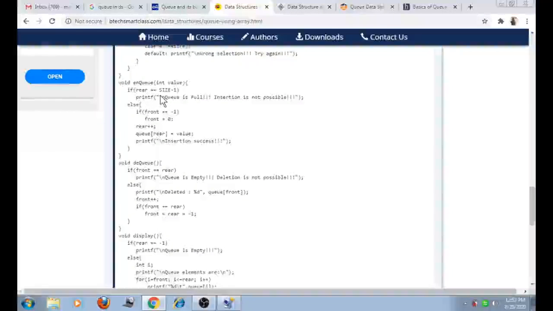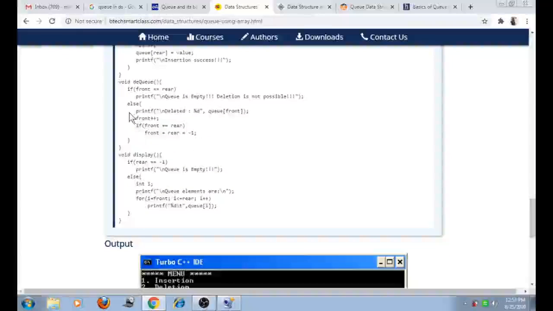No, the condition is false. Then it will go to the else part. If the front equal to -1, yes, then it will assign front to 0, and here the value of the rear is incremented by 1, and here we assign the particular value to the queue of rear, and we print the message insertion success. So this is the enqueue operation, that means inserting an element into the queue.